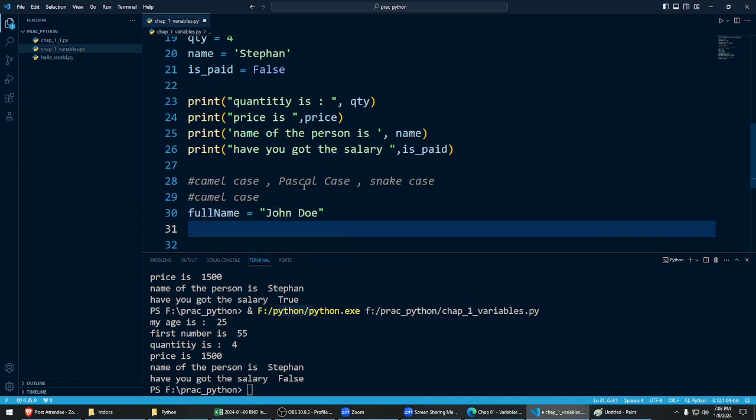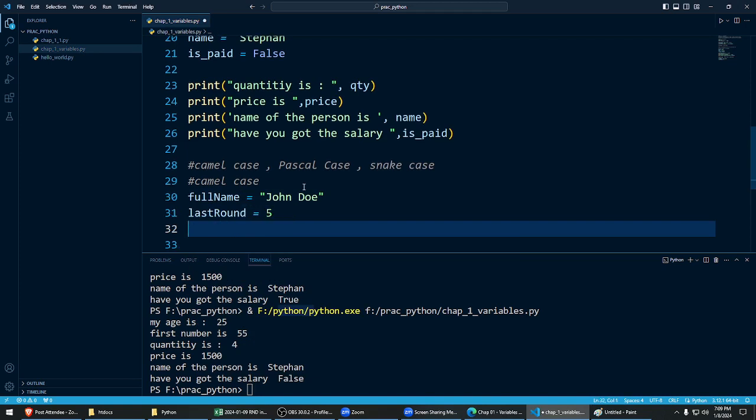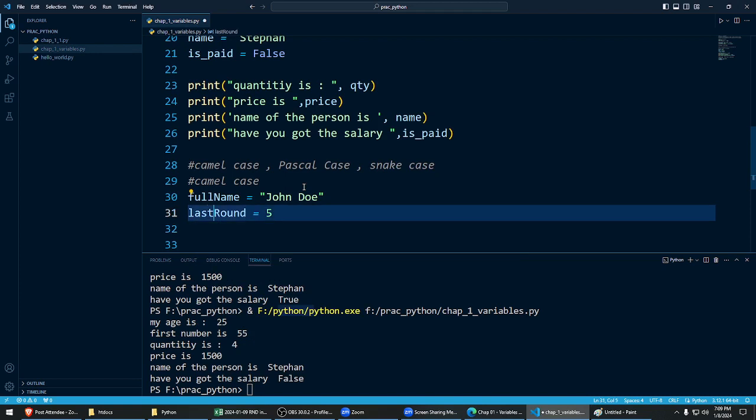That is possible. Okay, then let's say I want to create another variable, lastRound. So we'll say what is the last round, let's say 5. We can give like that. So always it starts with a simple letter, and when another word comes and gets joined, those letters become capital letters. Now assume that if we have more than two words, we put it like this,